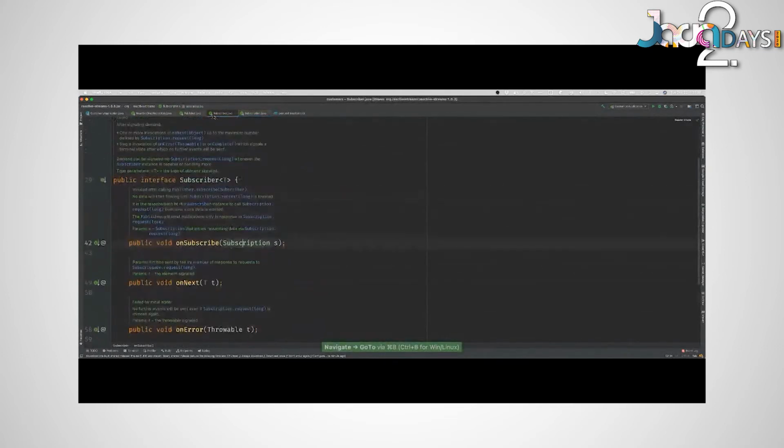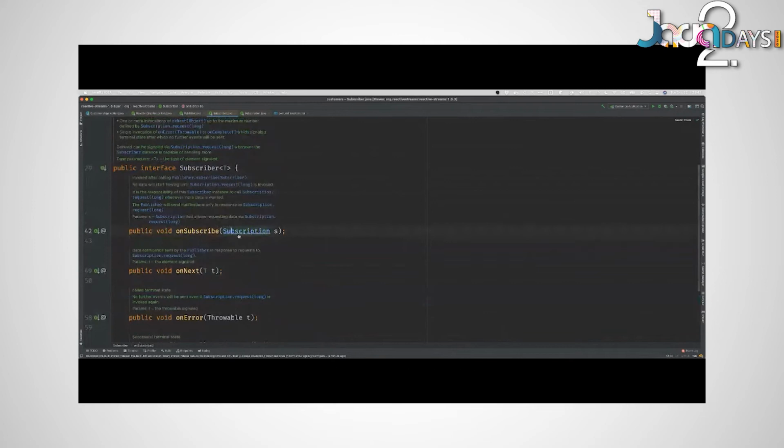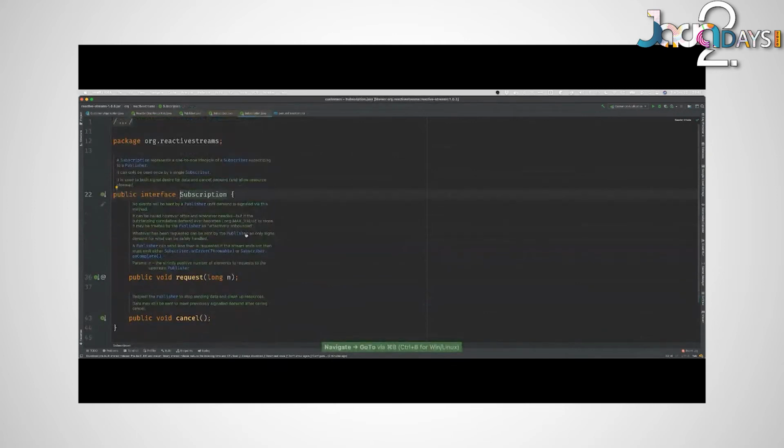When the publisher sends new records to the subscriber, they are delivered through the onNext method. When there are errors to deliver to the subscriber, they are delivered through the onError method. And finally, when the subscriber has processed all the data that it is going to be given, that is signaled here through the onComplete method. Now, the onSubscribe method is super important because it's in that method that the subscriber is given a subscription. This subscription is what the subscriber uses to ask for more data. The subscriber can say, I want to request 5 more records, please, or 100 more records, or whatever. So the subscriber can request as much as it wants.